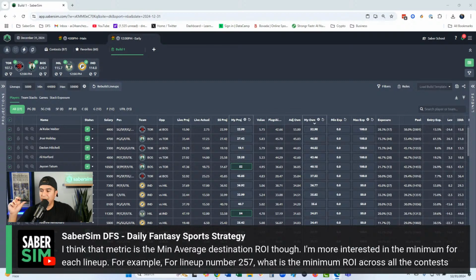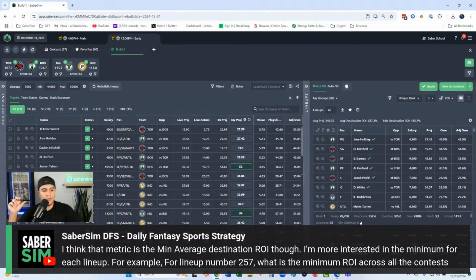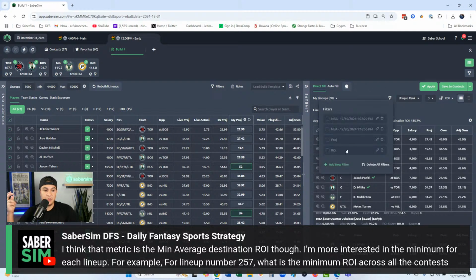Okay, for lineup number 257, and let's open this up. Did we run a contest sim? Okay, we did. Cool. What is the minimum ROI across all contests I'm playing? So it sounds like what you could do, and this would be a little tedious, but you could do it,